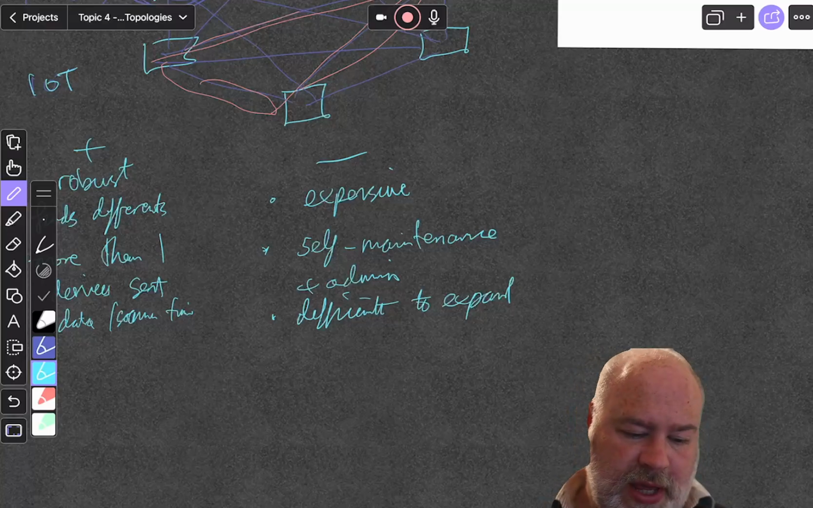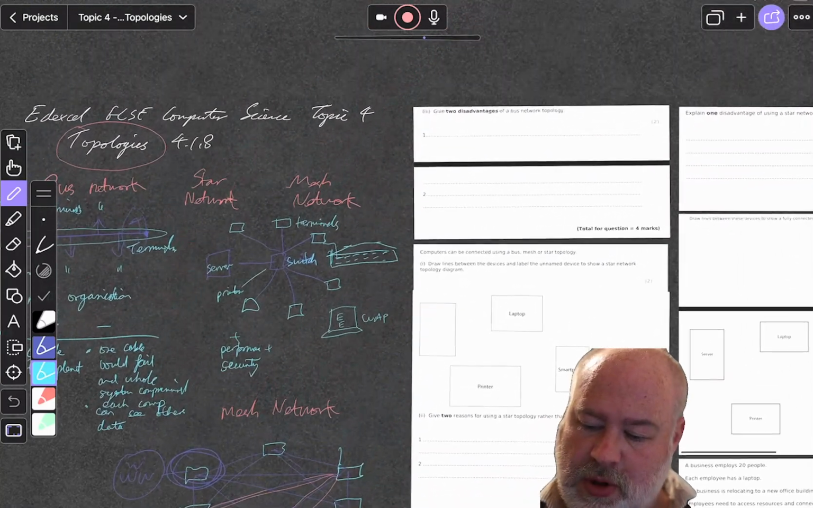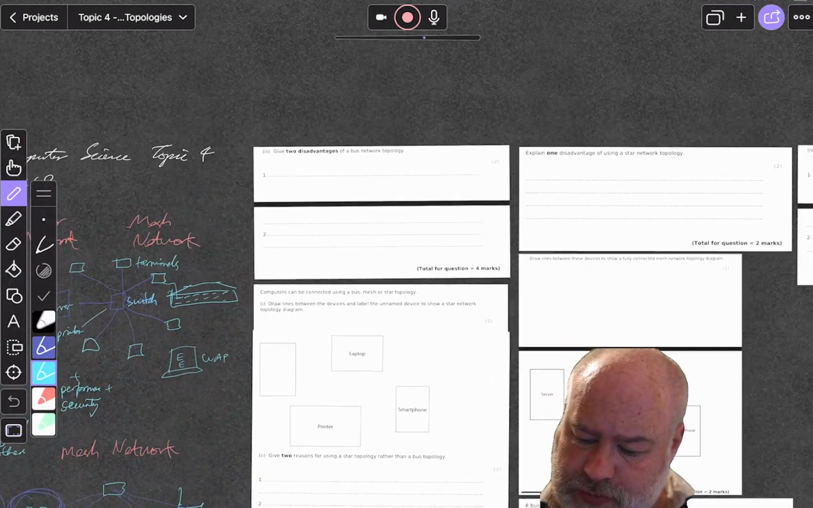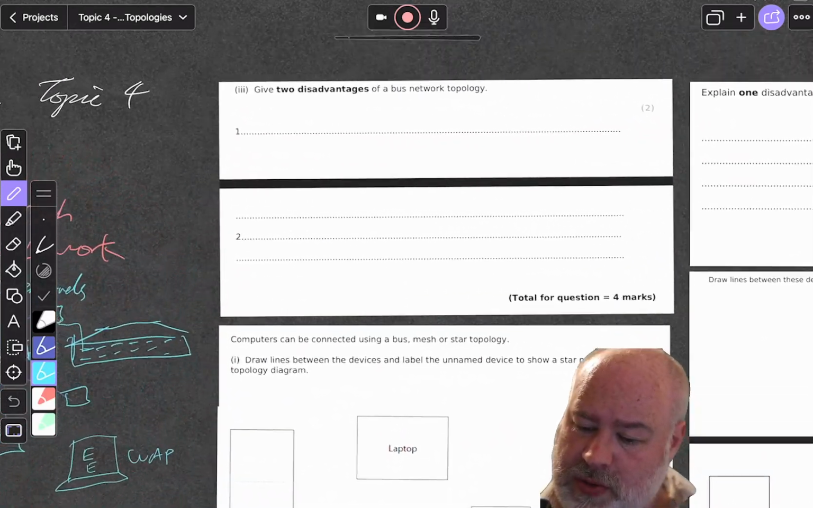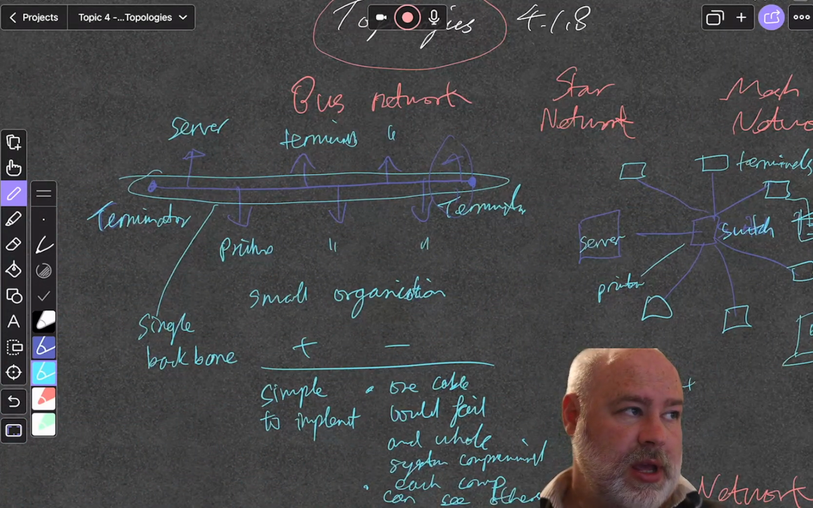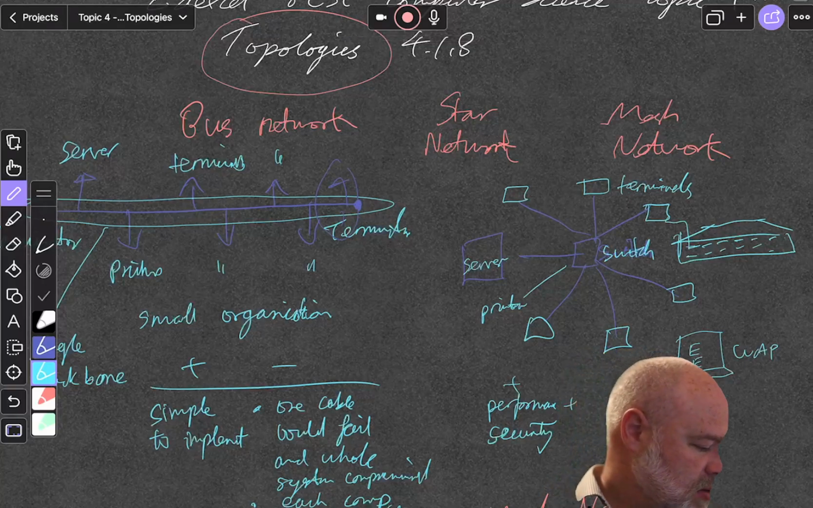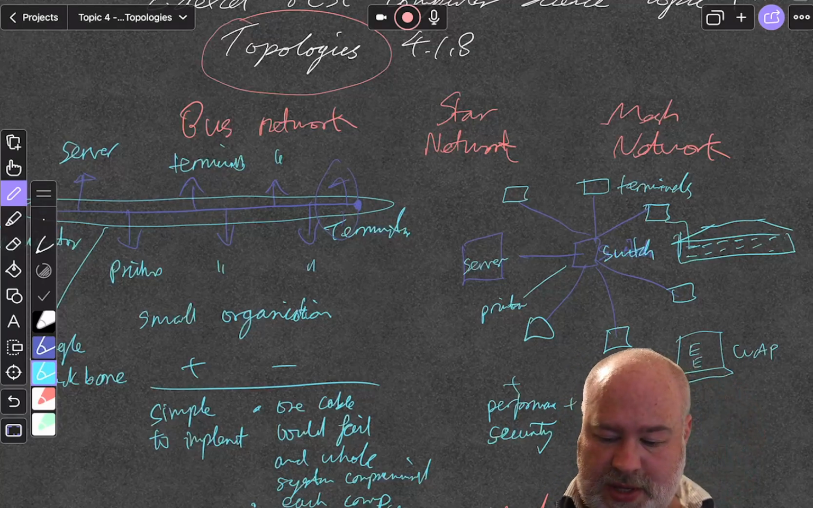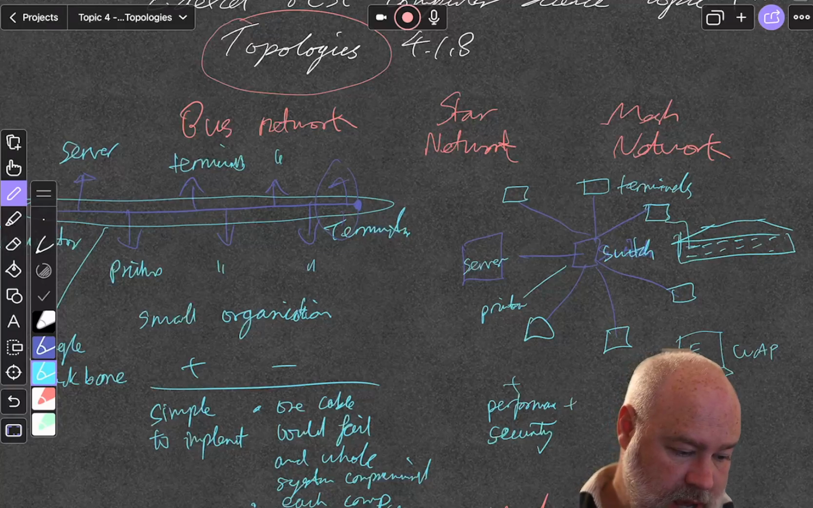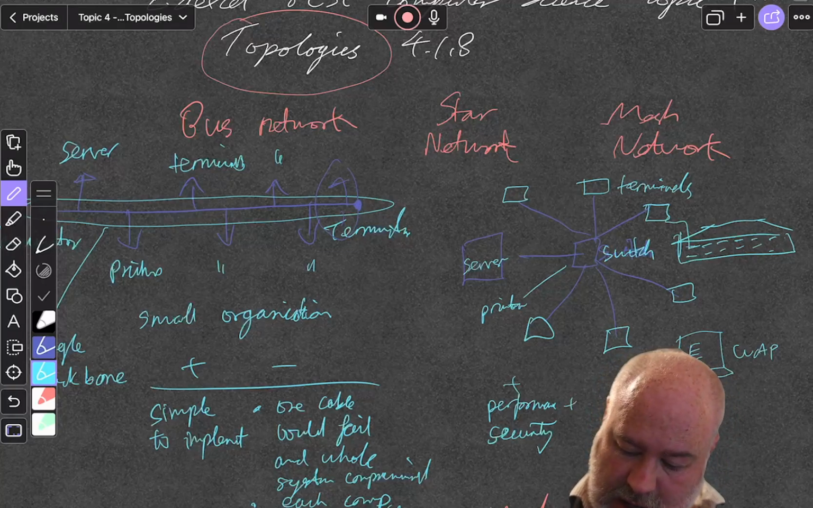So those are the three types of networks. Those are the three different types of network topologies. Let's have a look at some exam questions. Give two advantages of a bus network. Okay, so we talked about some advantages already. We talked about a bus network being simple to install